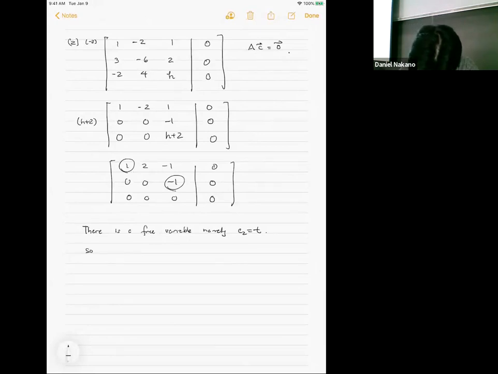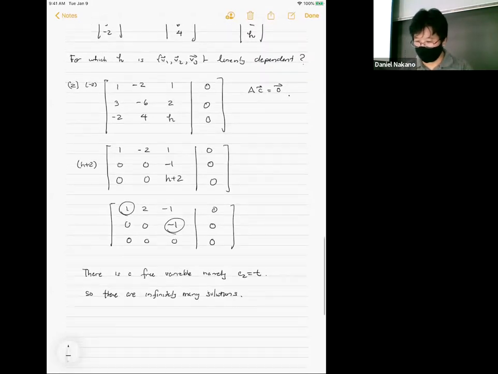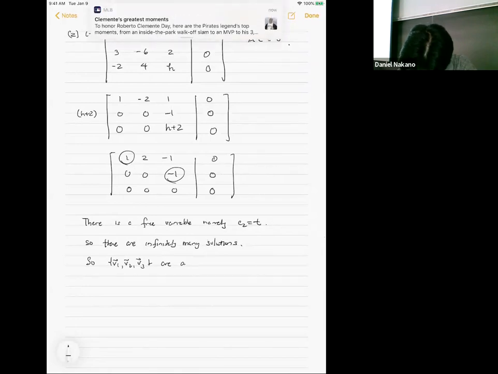So there are infinitely many solutions. So you just don't have only the zero solution. So these vectors are always linearly dependent. So v1, v2, and v3 are always